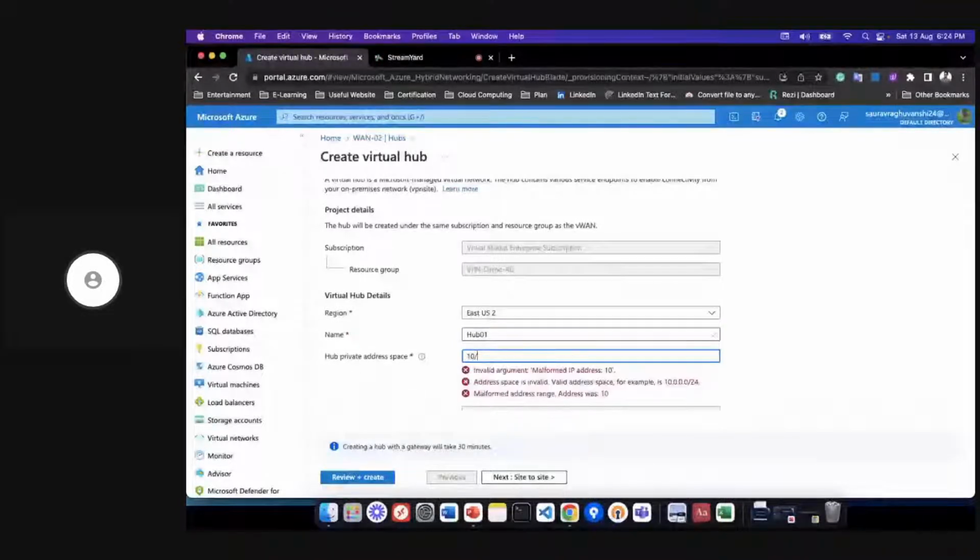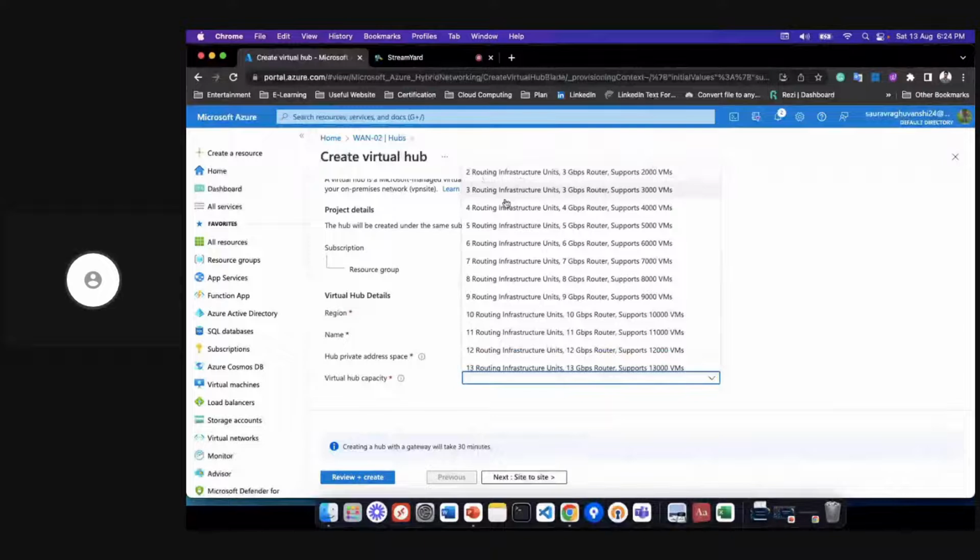So you don't have anything, any virtual network or anything in that address space. I have a lot of things, so I have to think about what to use for that. Yeah, okay. So this is allowed. So I'm going to use 10.9.0.0/16. And here you can select what infrastructure type you will have: two infrastructure units, four infrastructure units,